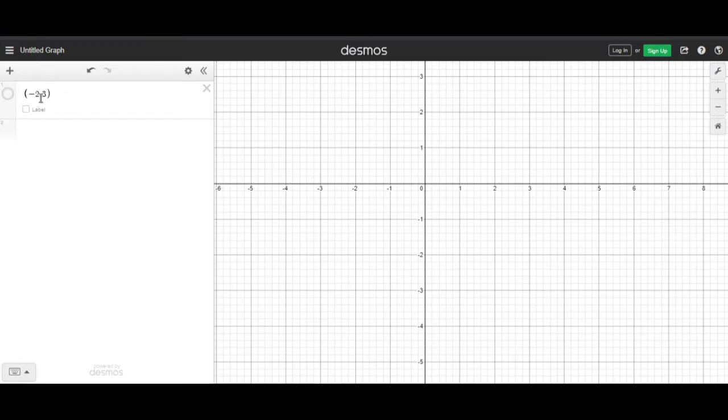Okay, where is minus 2 comma 3 going to be? The first one is the horizontal distance, the second one is the vertical distance. The horizontal distance is negative, that means we have to move towards left, so minus 2 here. Then we have vertical distance 3, that means we have to go 3 steps up. So here the point is going to be, let's see that. So here you can see this is the point.